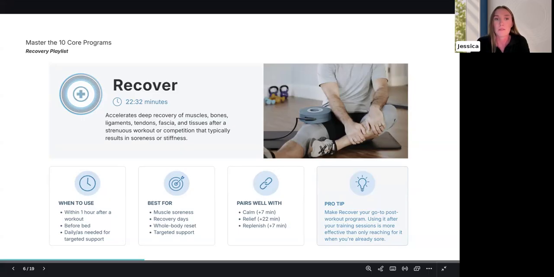One thing that people typically think of with this program is that it has to be a reactive program: something just happened and I need physical recovery, so I'll just use Recover. But that's really not how this program is designed. This program is really designed as a proactive recovery tool, something that can be integrated into your daily routine as a high performer. If you are an athlete or just physically very active, you can really stay on top of your recovery and make sure that your baseline is at a good starting point